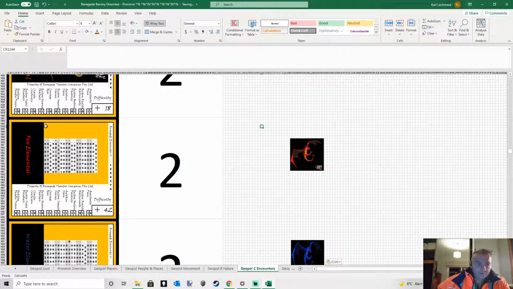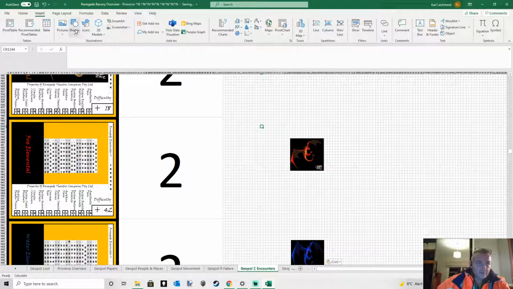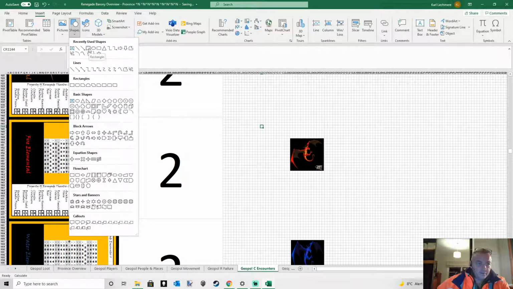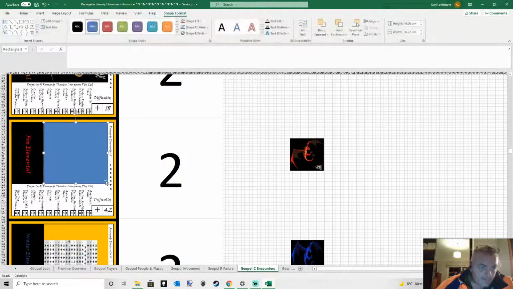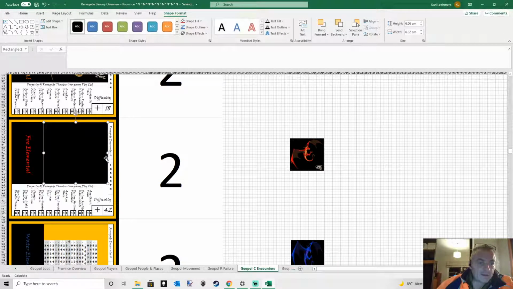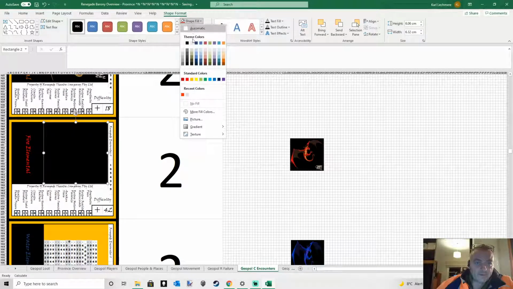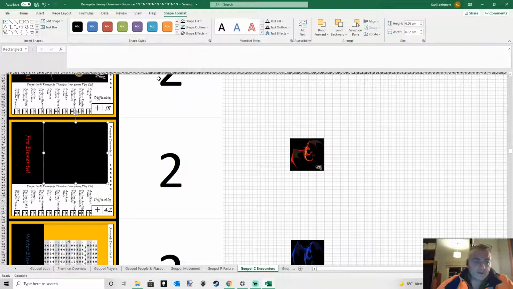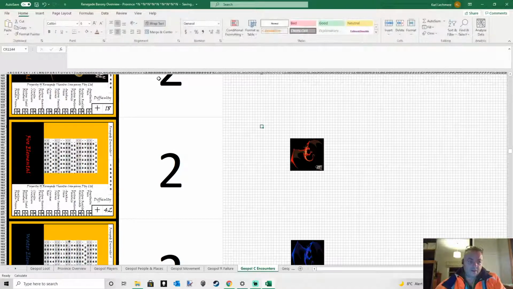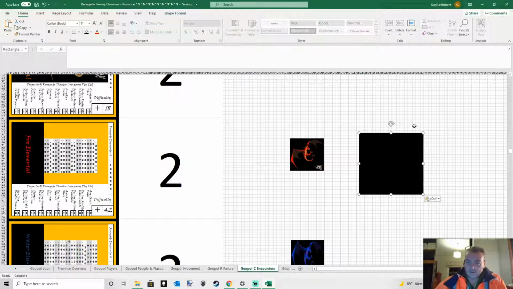Then I need to create a box, a black box. Insert shapes, and then I'm going to grab that area there, make the shape fill black, shape outline black, and then I'm going to cut that and paste that over here.